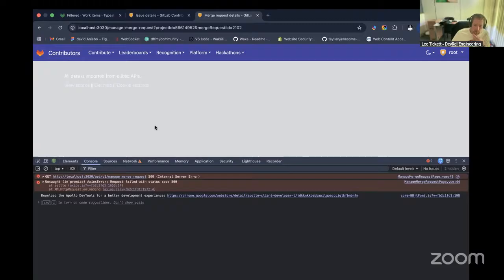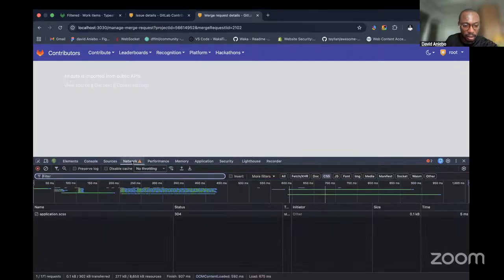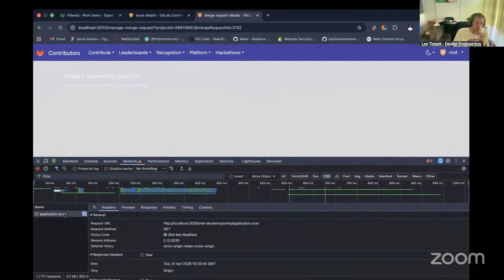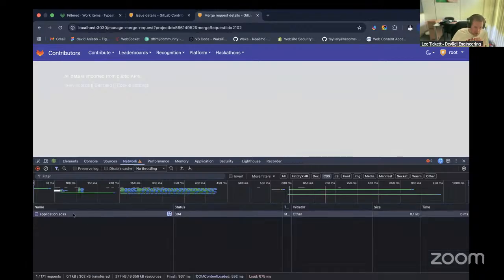Okay, so it's not making a request. So go back to the network tab again. You've got this filter to just show CSS at the moment. So if you change this to